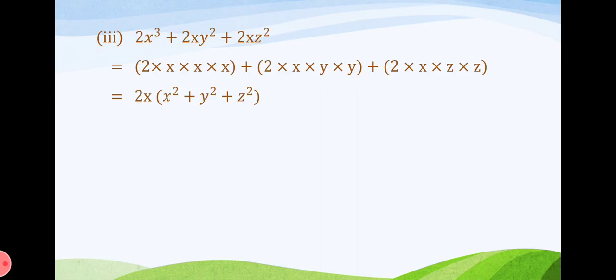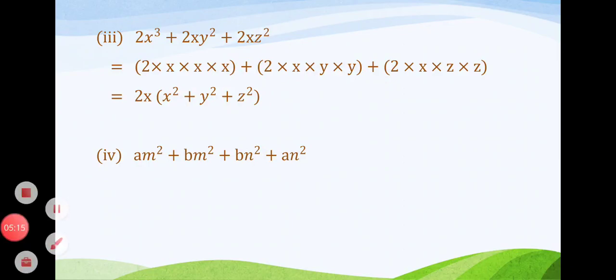Question number 4, am square plus bm square plus bn square plus an square. Now here first, if we see all the terms of the given expression, we cannot take out a common factor from all the four. But if we make groups of two terms, then it is possible to take out common. So here we will apply the method of regrouping.